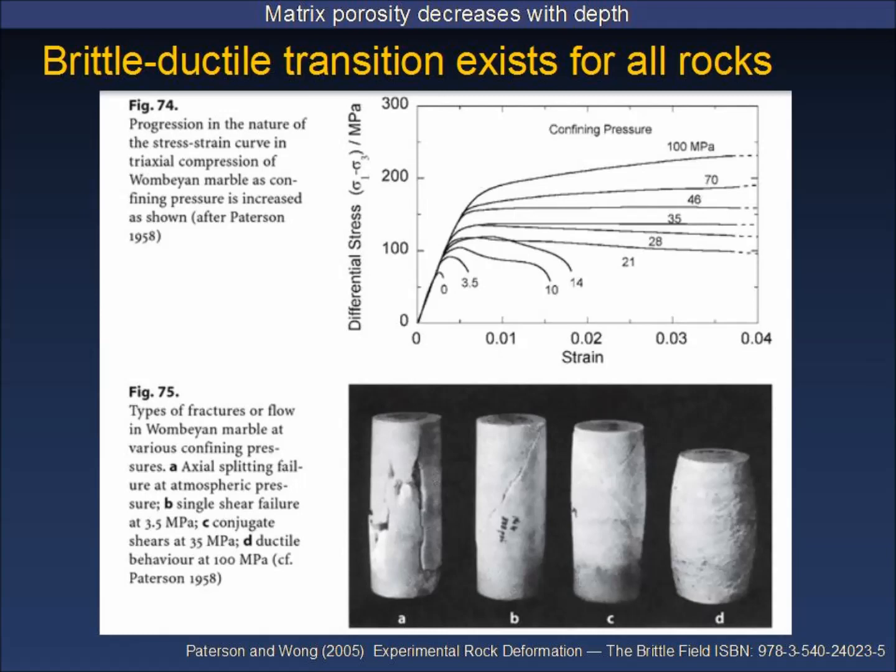And they may also fail in shear at higher confining stresses, and then you get conjugate planes at 30 degrees approximately, or whatever the shear angle is, and that's a rock property, to the maximum stress orientation. However, as the confining pressure is increased for these room temperature samples, I'm only looking at the effect of confining pressure here, the nature of the deformation changes. You no longer see a clear peak strength in the rock. You may see a strength and then a slow decline, or you may continue to see essentially hardening as you continue the ductile deformation. And the rock yields and bulges out without macroscopic fractures actually developing,